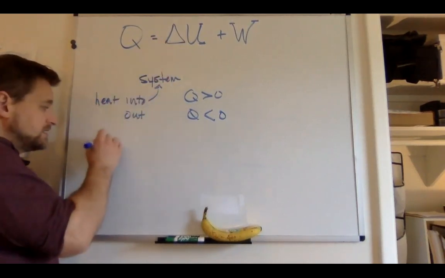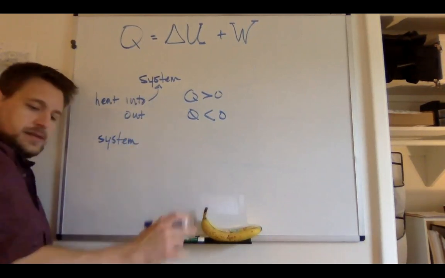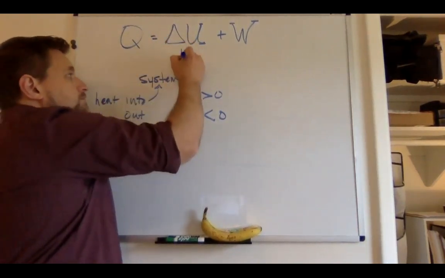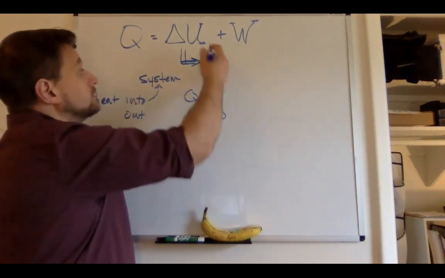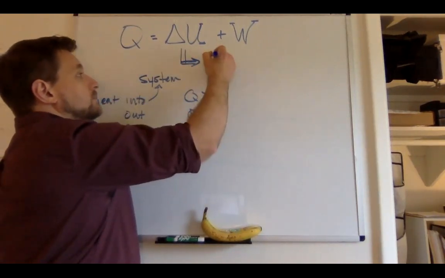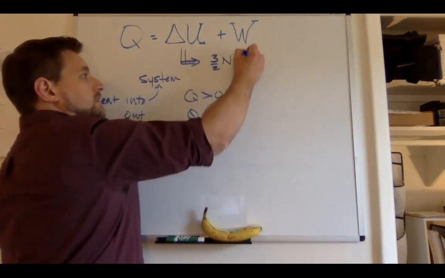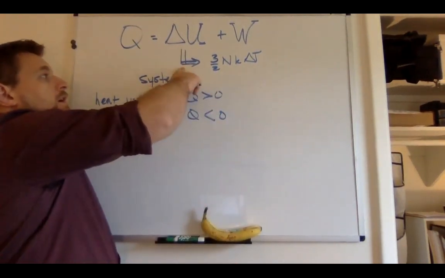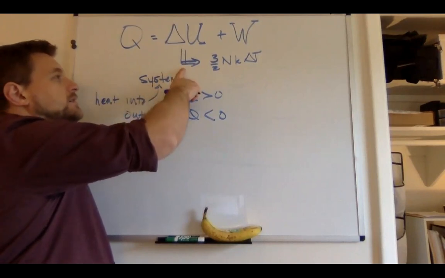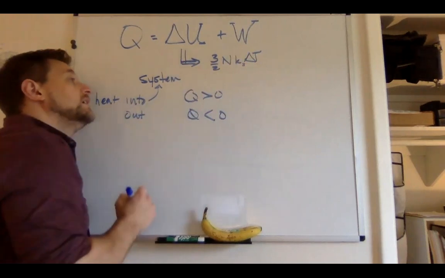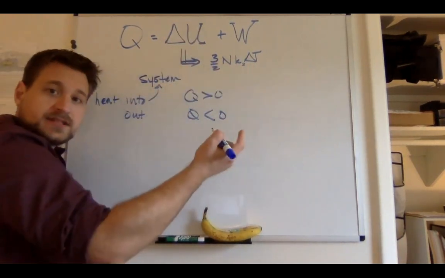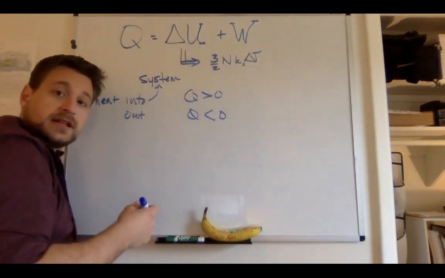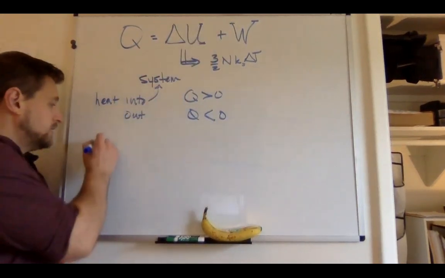If the system is doing work, let's say it this way. So delta U, remember, just has to do with the temperature. 3/2 N k delta T. And Boltzmann's constant, right? k sub B. The delta T handles the sign of delta U. In other words, we don't need to worry about that. If the system's temperature changes, then okay, its internal energy is going to change. The work done,